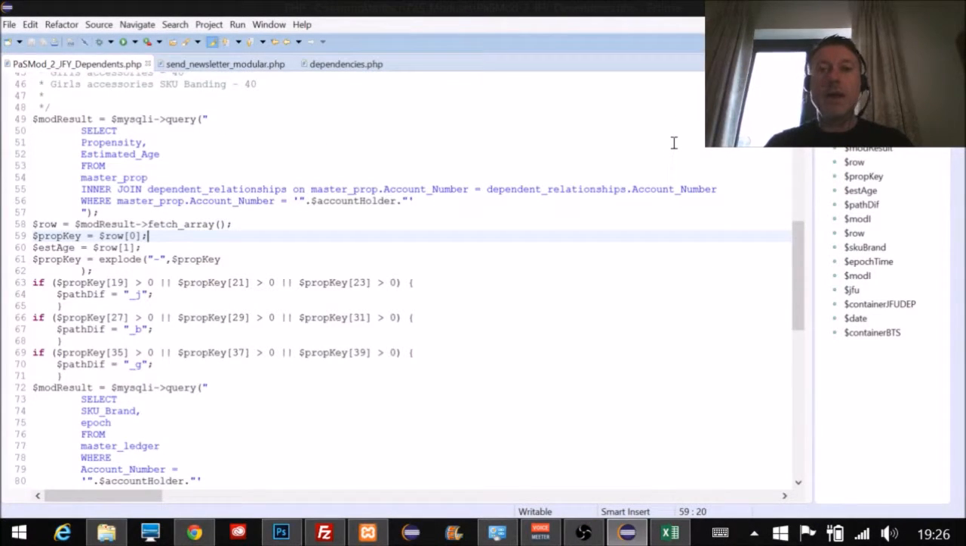Okay, so if we now look back in the code, we can see that we've got three if statements. If prop key 19, 21 or 23, if any of those are greater than 0, that means we would have sales in either junior fashions, junior footwear or junior sportswear, in which case a new variable, path diff, equals